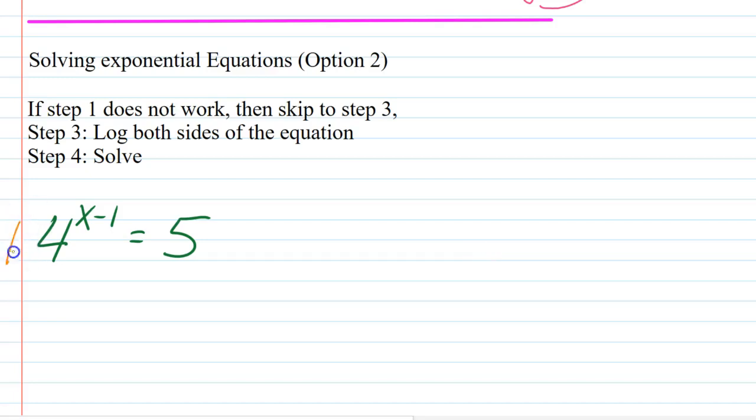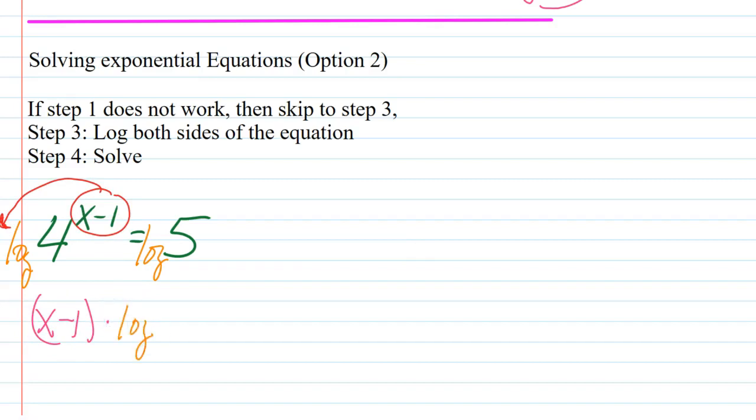So for this one, I'm going to just simply push log, because there's no way I can get a 4 and a 5 to be the same number. Now notice I didn't put a base to that log, which means it has the common log with a base of 10. The advantage of that is now I can use my calculators. Now if I'm going to solve this, remember whatever my exponent is goes into the front of the log right there. That means I'm going to have x minus 1 in parentheses times my log of 4, and that's going to equal